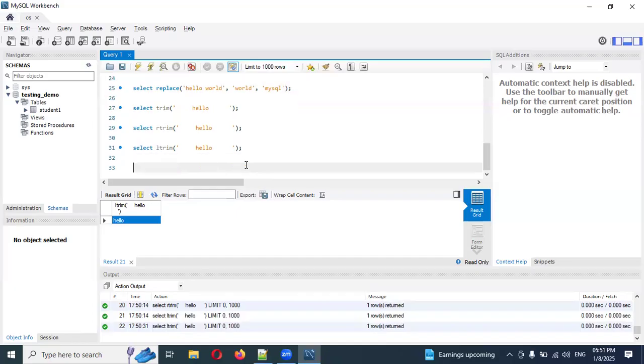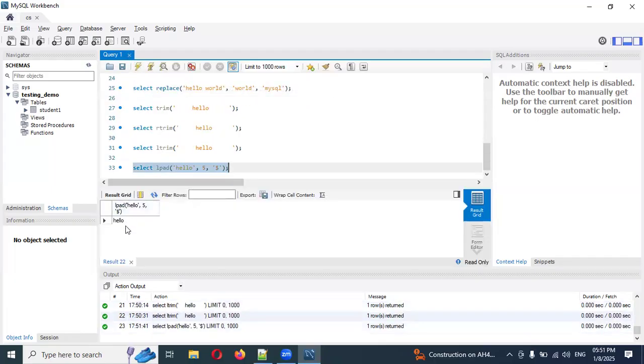How is it? LPAD, left side I'm going to attach. I'm going to use hello, 5 times, and here I'm going to use a dollar symbol to display on the left side. If you execute this one, you can see